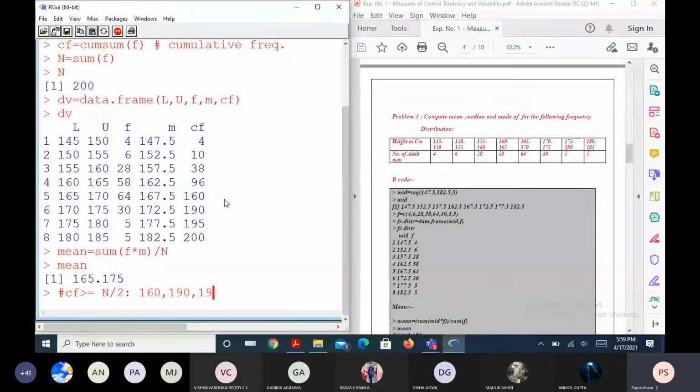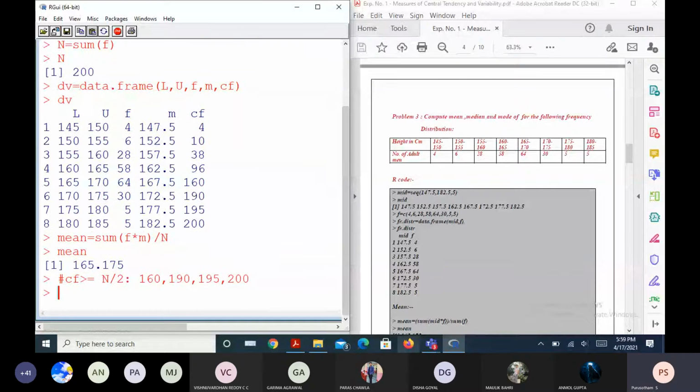Among these, in order to find the median class, we need to look at the value just greater than or equal to n by 2. Is it the minimum of these four values? Yes.